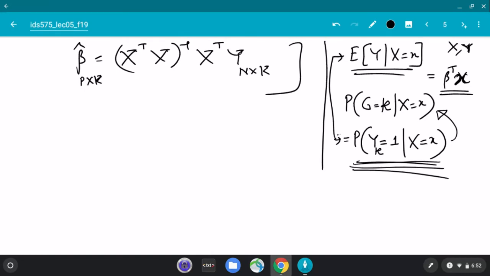So, okay, where am I trying to go here? All I'm trying to say is that if you use linear regression for classification, you are assuming that the probability of the class given the feature is linear in the feature. First of all, probabilities are supposed to be numbers between 0 and 1. But if you think that this is always going to produce numbers between 0 and 1, then we are saying that the probability of class k given the feature is a linear function of the feature. That's the assumption being made when you use regression for classification.